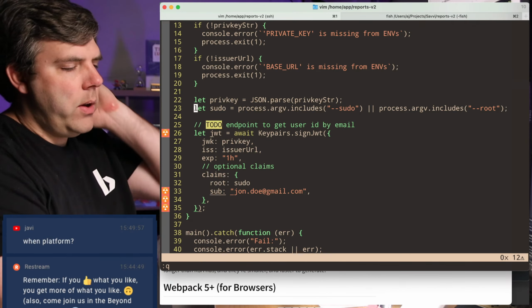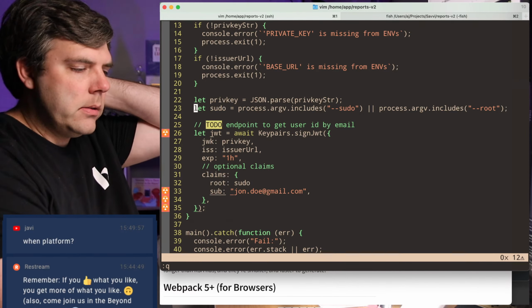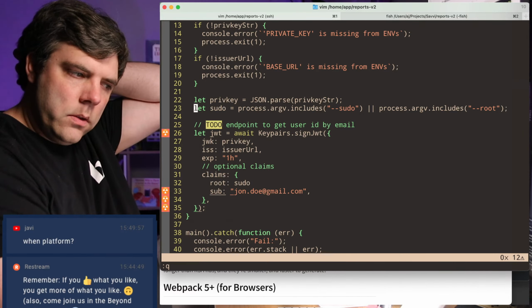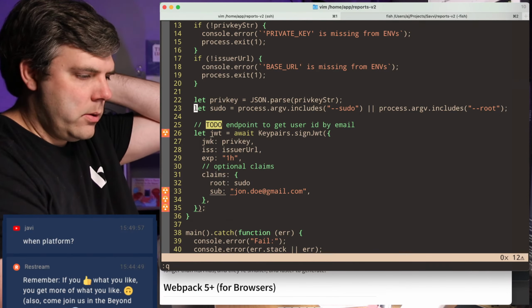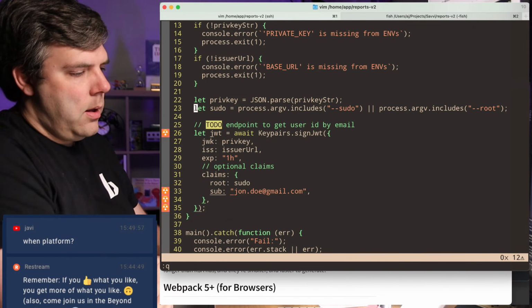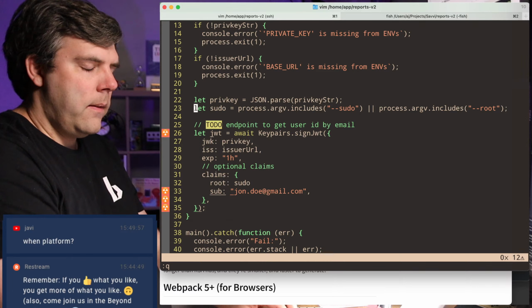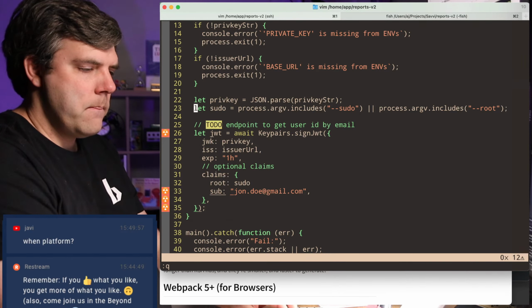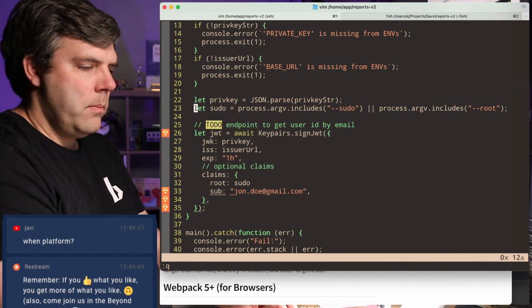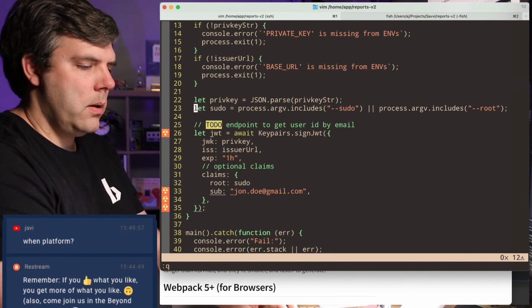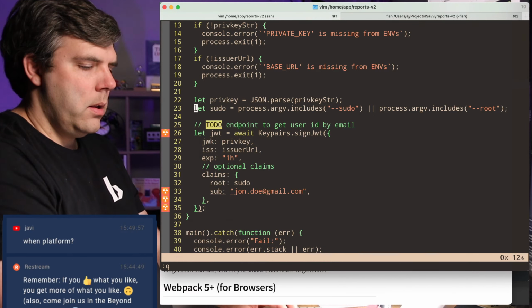Yeah, I should be able to log in via command line with my email address. So have some sort of command to impersonate, and then be issued a token that has my impersonator ID, the effective ID, the account ID.